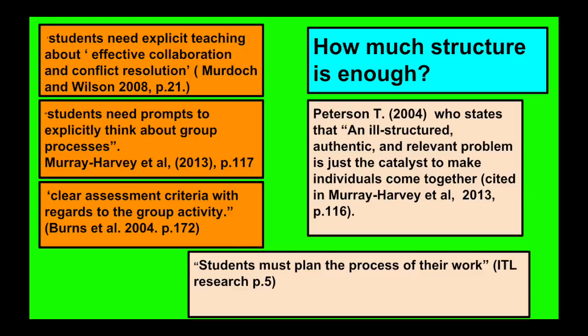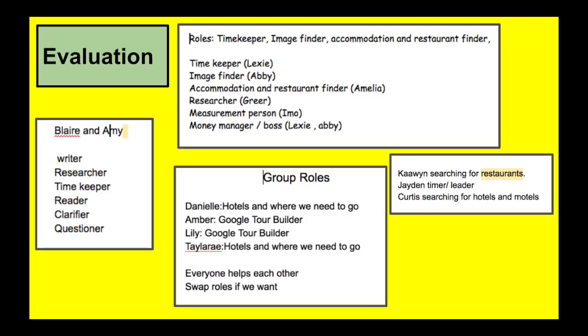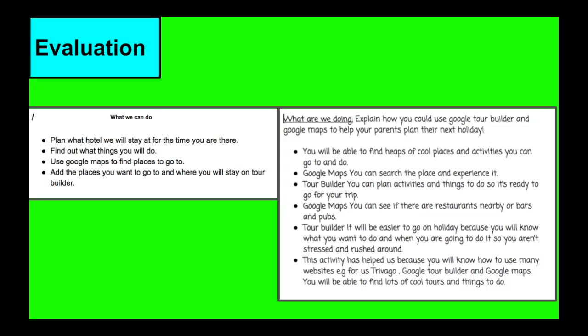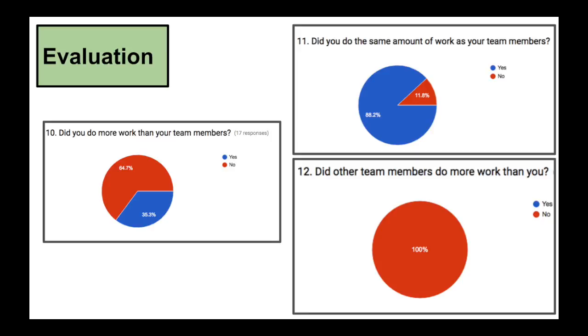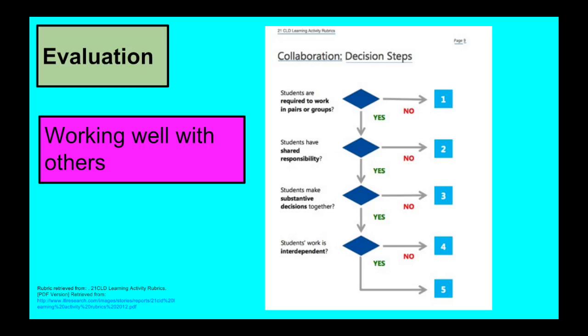These are examples of the roles the students decided on without my input. And these are the explanations of two of the groups. The work the students produced, combined with the fact that most responses indicate equal input from group members, supports my conclusion that students have had the opportunity to collaborate and most made use of the opportunity because they have worked in groups to create a product.